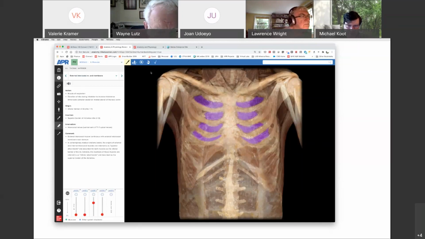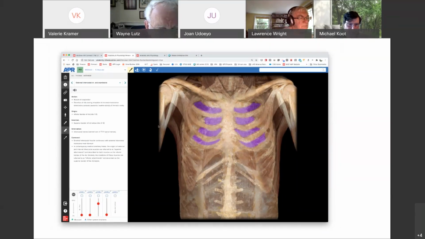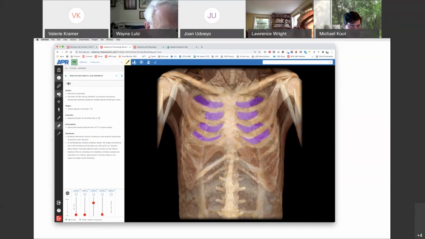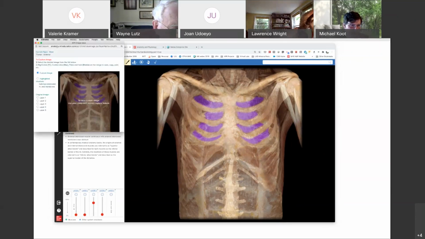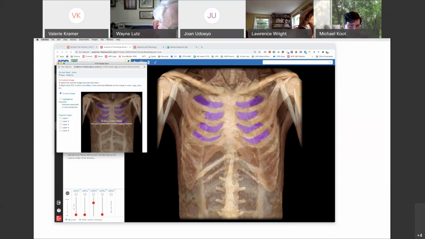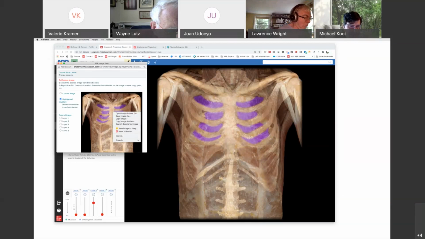You could just use screen capture software to capture this, or you can also use this camera icon over here that says save image. This will work a little bit different in every browser. I'm using Google Chrome. It's telling me to use screen capture software for the custom image. Safari works a little differently, where you can save it from right here, but you can easily save the stock photo right here. You can just do save image, or even copy image and paste that,